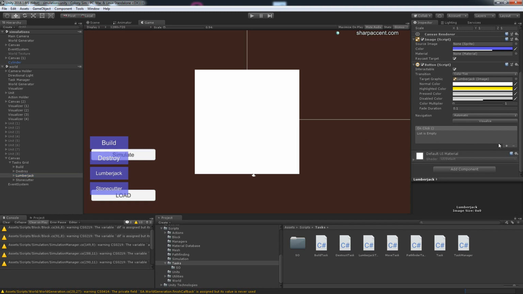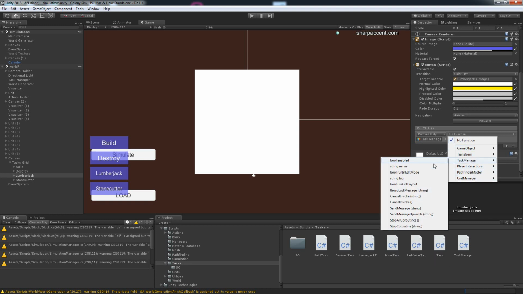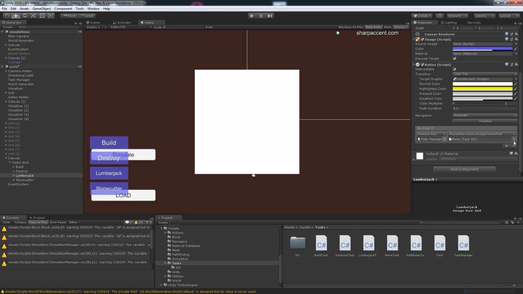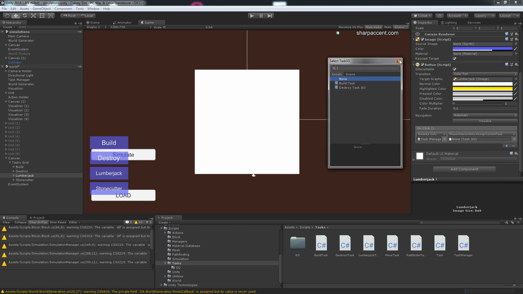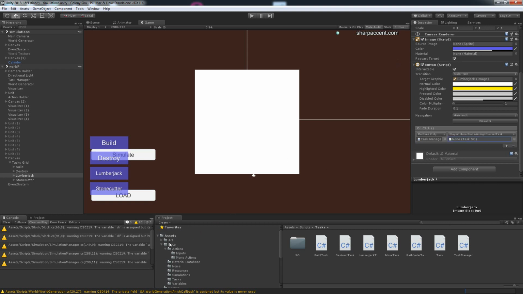We're just going to add player directions, assign current task, and of course we need to create the task first. So